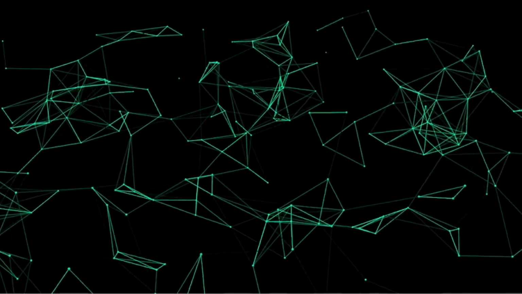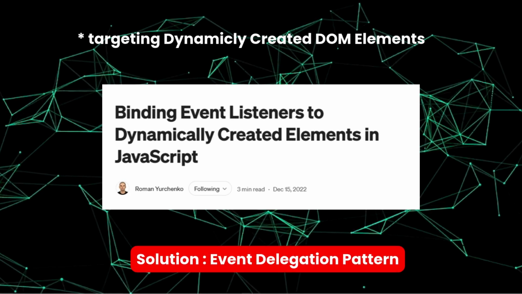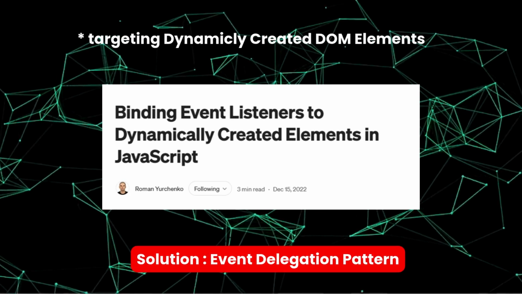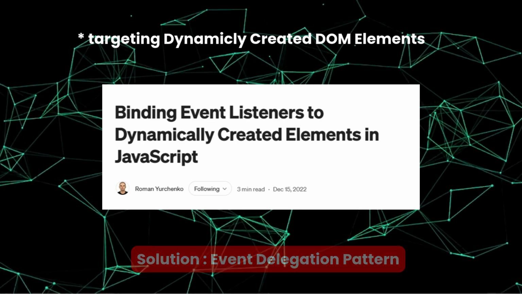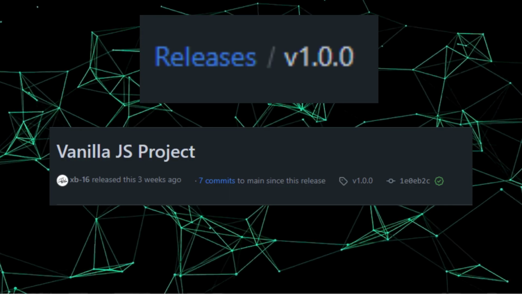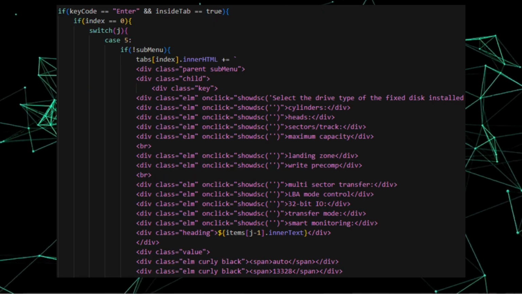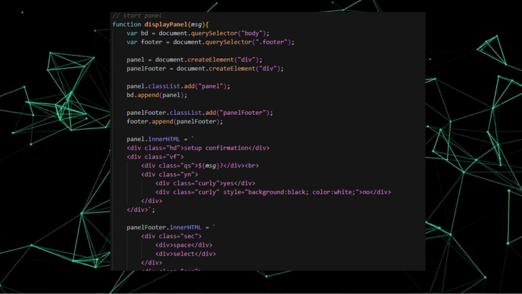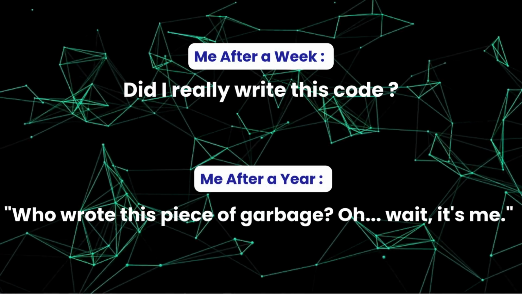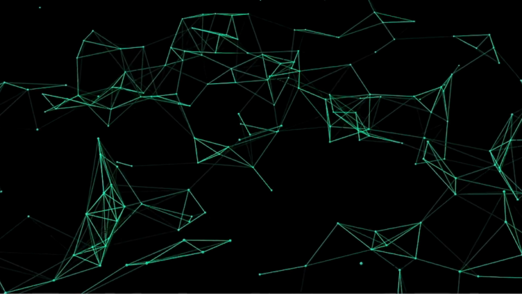I thought it would be easy until I got stuck on some issues like targeting dynamically created DOM elements. But even with that, I managed to overcome the obstacles and produce a first working version. However, the code is terrible, too large, tangled, and hard to read or edit for others, or for me after a week. But now, after a year from the first version, I decided to do it with modern front end